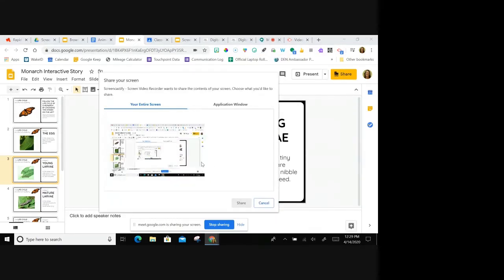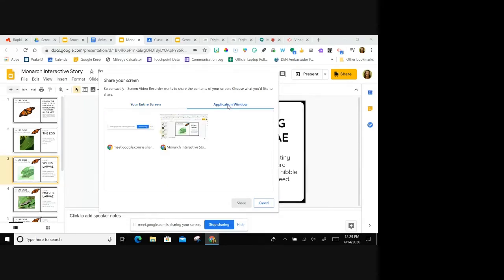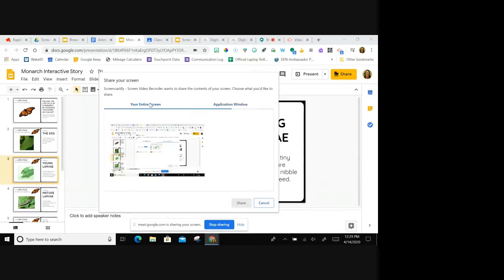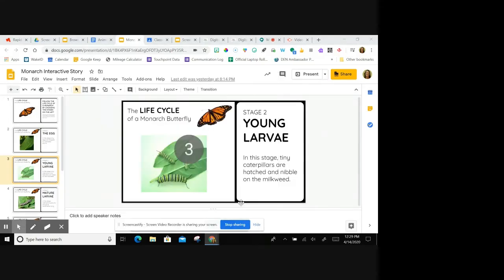This time I get a pop-up box, and this is the difference between browser and desktop. With the pop-up box, I can choose my entire screen, or if I click on application window, I can choose a separate window that I want to record. For today, I'm just going to choose my entire screen. And then I'm going to click share. When I click share, that's when I get the 3-second countdown. And now I'm recording. So I could record over this again, and then I can open a new tab, and